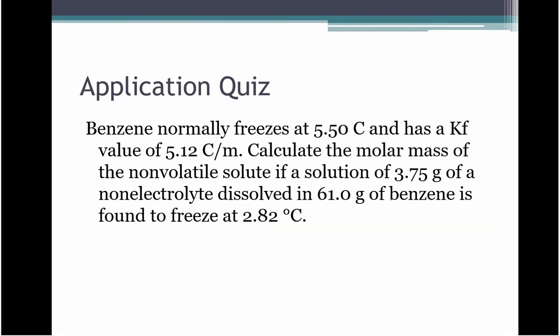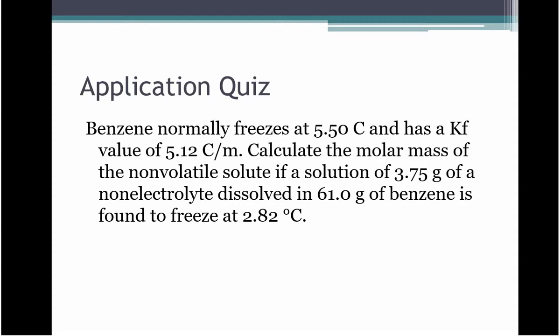So let's look at a problem. Here we have benzene, and benzene is going to normally freeze at 5.5 degrees Celsius. It has a Kf value of 5.12. We're going to find the molar mass of a non-volatile solute, which just means it doesn't dissociate, so the i value is 1. If a solution of 3.75 grams of that solute is dissolved into 61 grams of benzene,